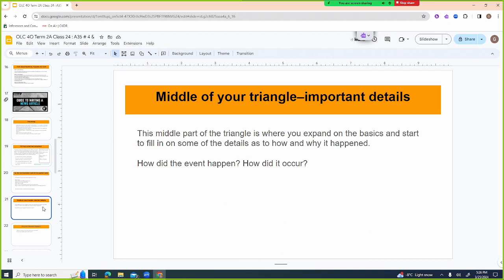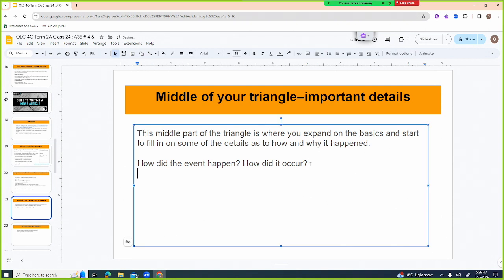And then the middle part of the triangle is where you expand the basics. And this is the how and the why, but more in detail. How did the event happen? And then you'd go into detail. Right, so Gary, I forget where he went. Gary went to, was it Winnipeg?